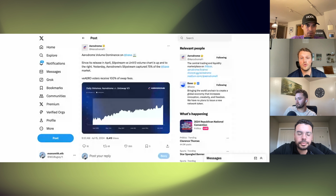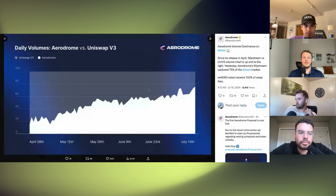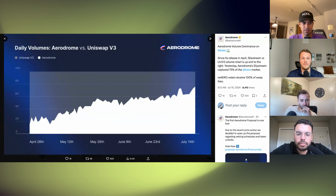But yeah, hopping over into the comparison between Aerodrome and Uniswap, this is really a graph that is showing the difference between the efficiency or the usage of the Slipstream upgrade, which is a Uniswap v3 clone, and Uniswap v3 itself. Towards the end of April all the way till now, we're seeing a huge increase in the daily volume of Aerodrome, and Aerodrome's in this white, Uniswap's in this gray. And we're starting to really see it become the leader within Base for